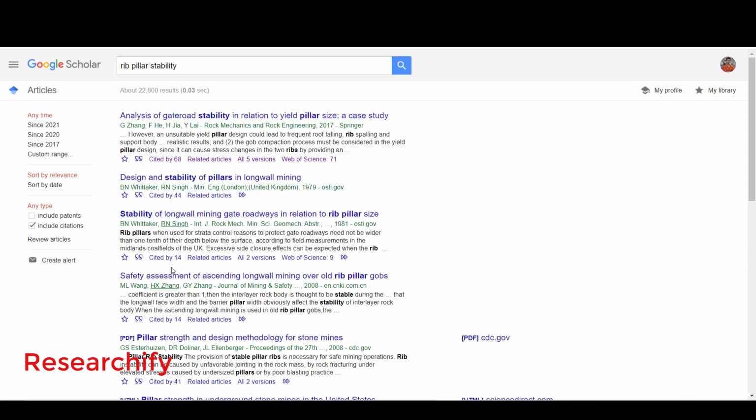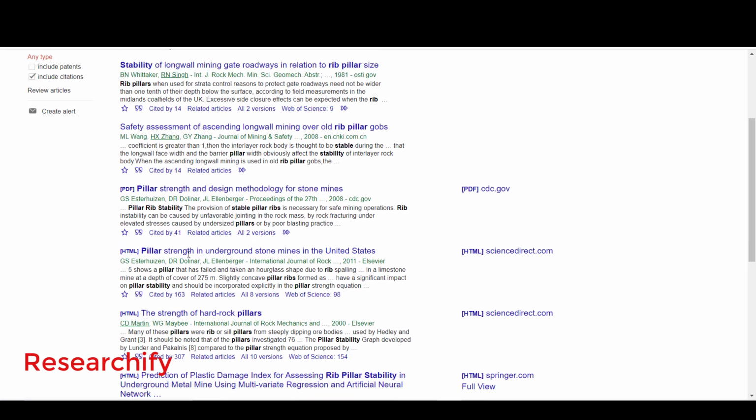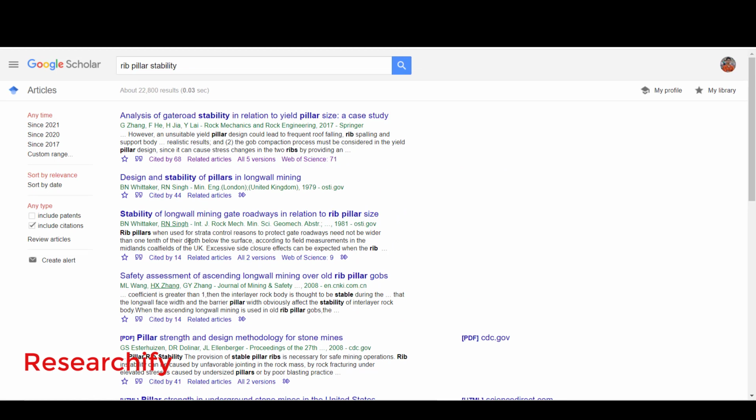As you go down, the citations go down, cited by 44, cited by 14, and some articles have citations above 100. When you are looking at articles, take a look at the citations. If the number of citations is large, the article is definitely very good, because if many authors are citing it, it must be a good article. So this is the first thing you can look at.